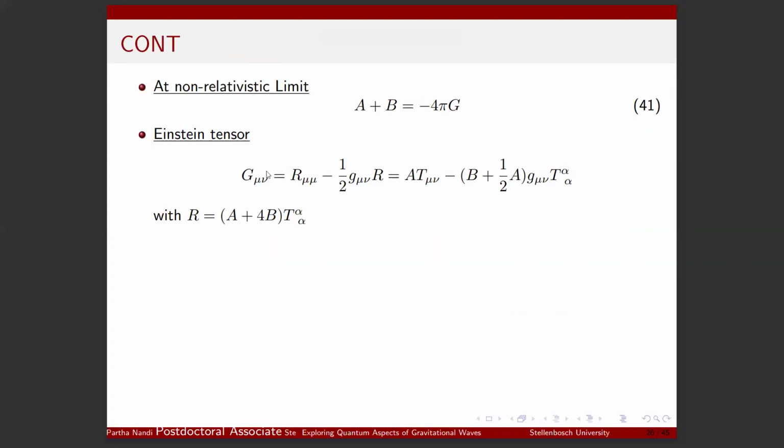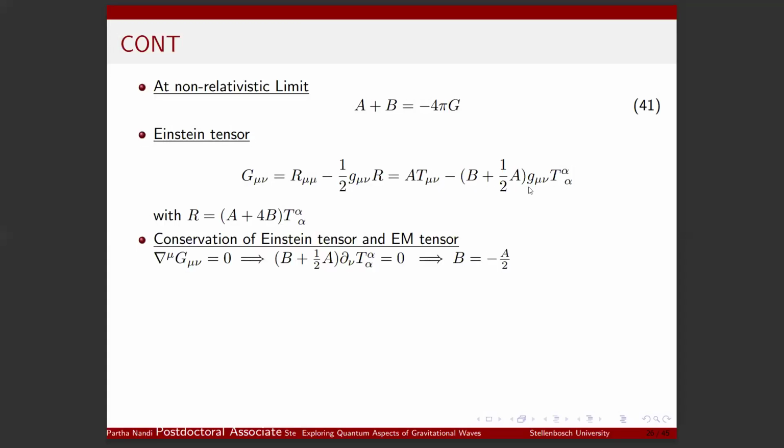So therefore, G mu nu, when written in terms of R mu nu and R, can be rewritten in terms of the energy momentum tensor and its trace. So one can rewrite everything in terms of the energy momentum tensor and the trace component. So now,